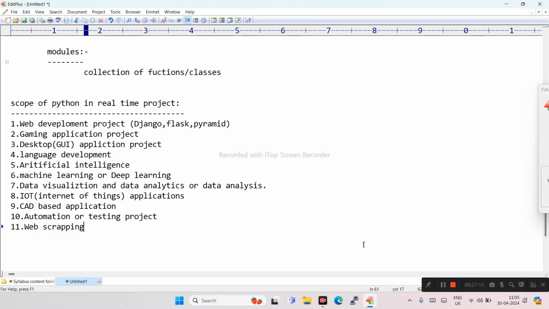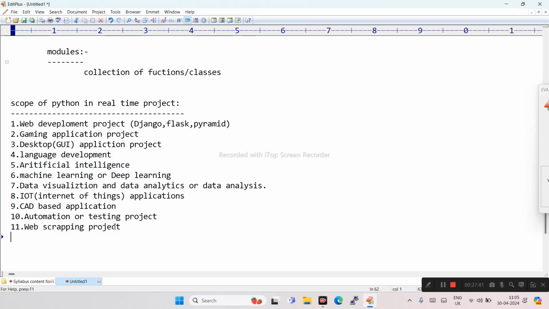All this data is contained in one web page. If I want to retrieve the data, we can use the web scraping method. By using these applications, these projects, we can get and generate the data. Okay, web scraping project.